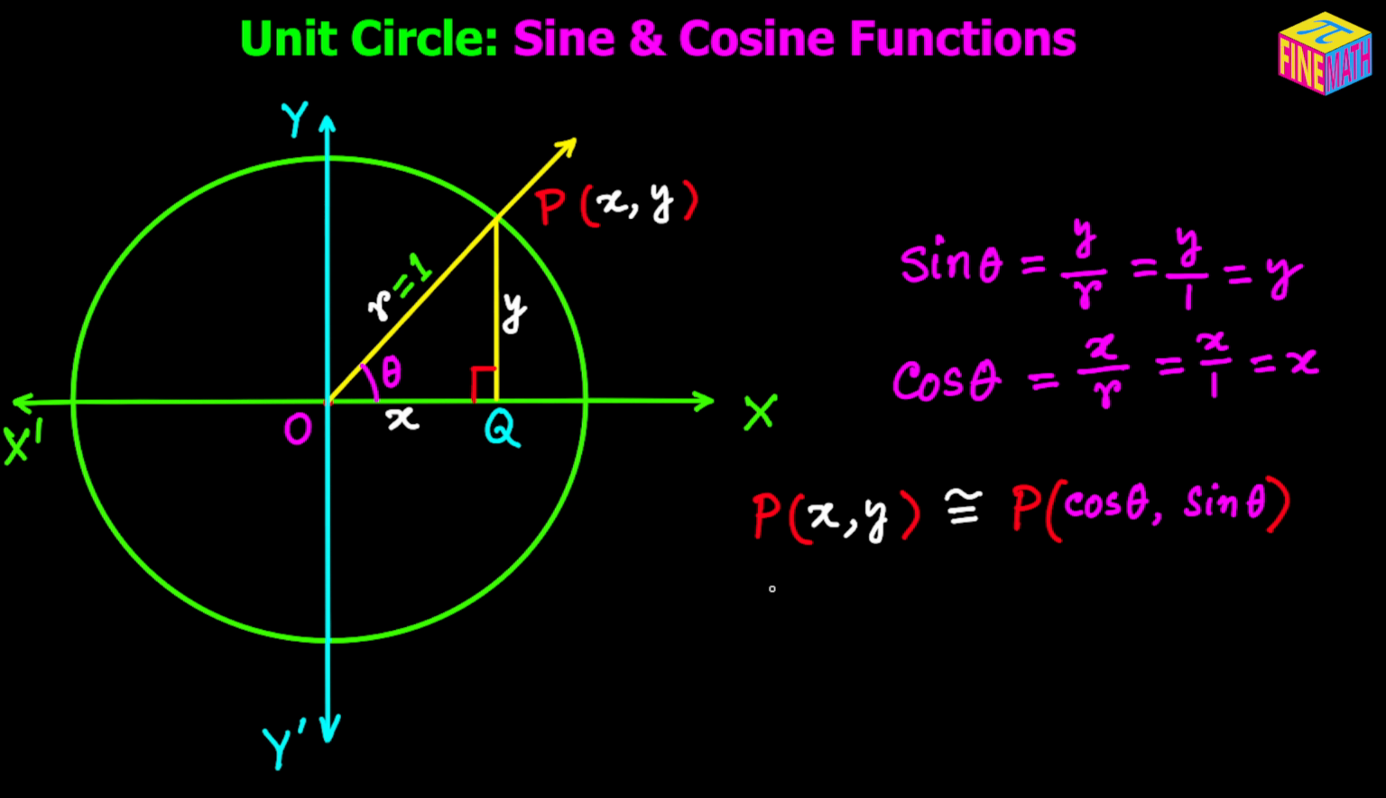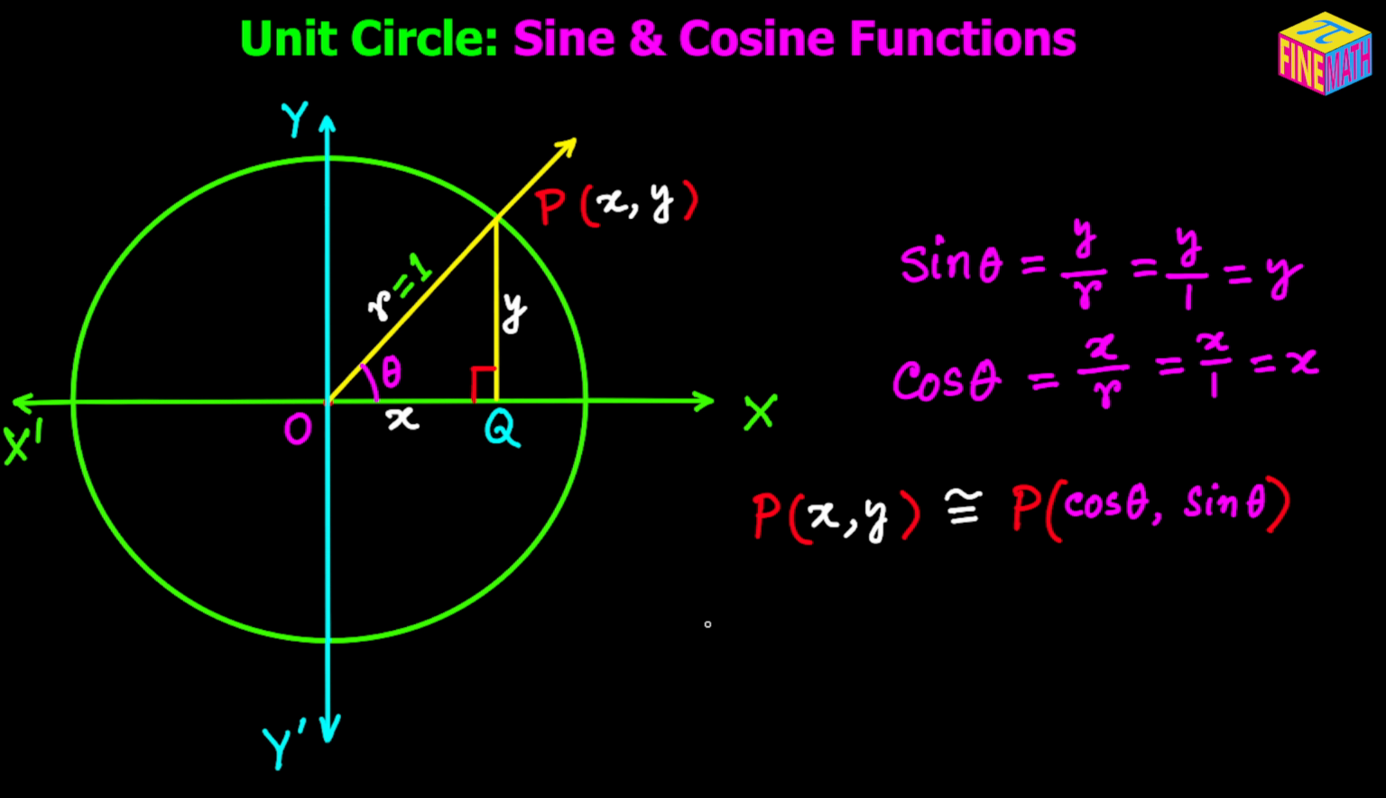So we can say, okay, the coordinates of P can also be indicated in terms of cos theta comma sine theta. So the coordinates of P is now cos theta comma sine theta. So here comes the definition of sine and cosine function. When we have a unit circle like this and we have an angle whose terminal side intersects the circle at point P,